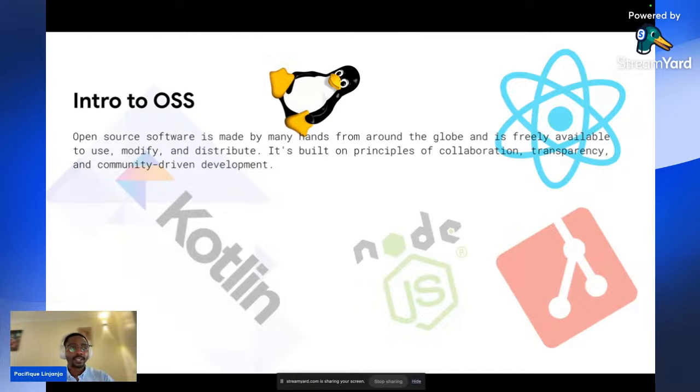We'll talk about licensing, but in general, this is how we see open source. It's something built on collaboration between people and also transparency, because the source code is open, so everyone can audit the code and see if there is any issue, any security issue or whatever.